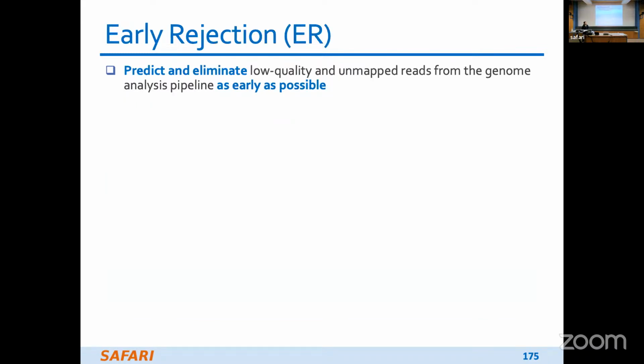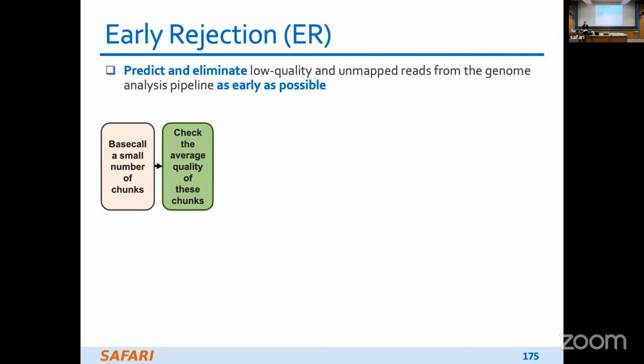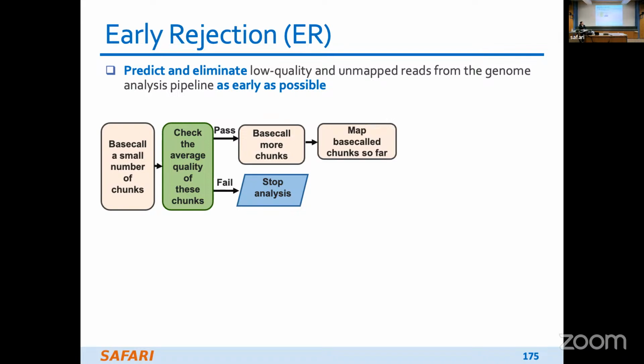Early rejection predicts and eliminates low quality and unmapped reads from the genome analysis pipeline as early as possible. Here is the procedure of early rejection. First of all, we base call a small number of chunks, and then we check the average quality score of these chunks. If it's lower than the threshold, then we directly stop the analysis on this read. And if it passes the quality check, then we base call more chunks